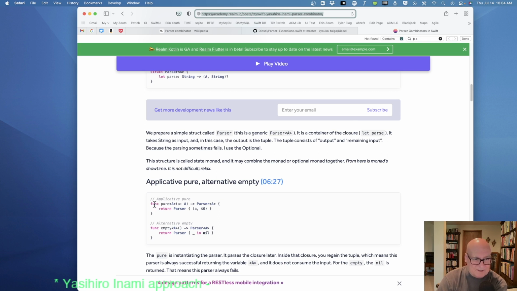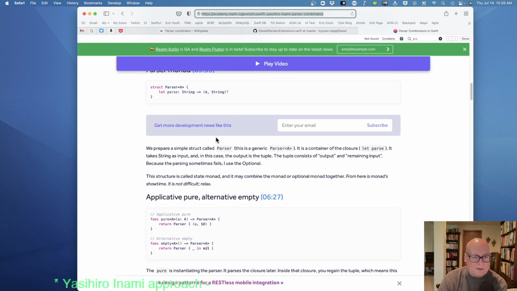Now, he has this function pure. Let's see what it's doing. So pure A, it's got a parser. Basically, it's returning A, isn't it? So it's like an identity function.